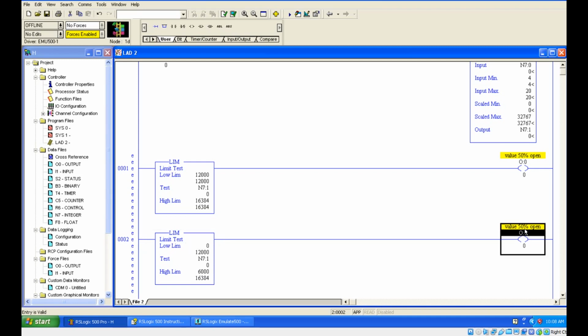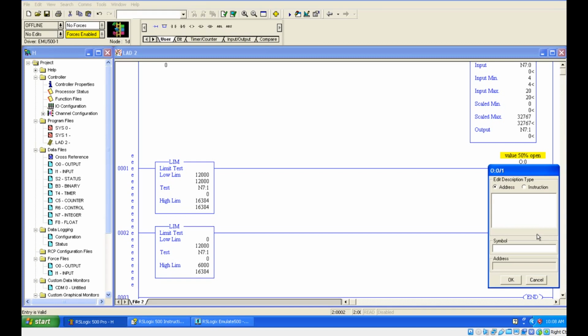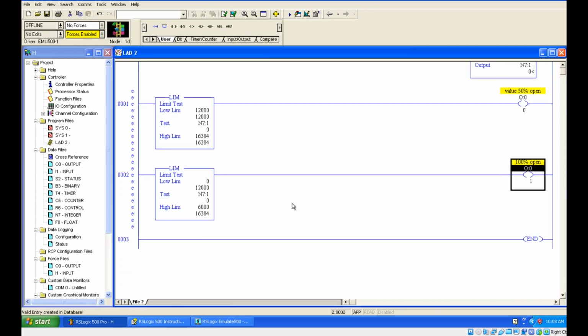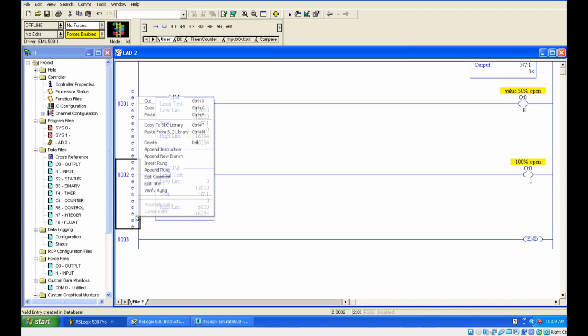Okay. And just change the address, which is 100% open. Right. 100% open. Yeah, it will change when it goes online.